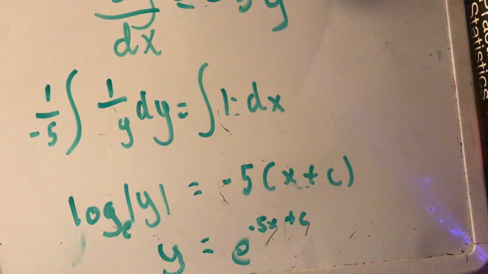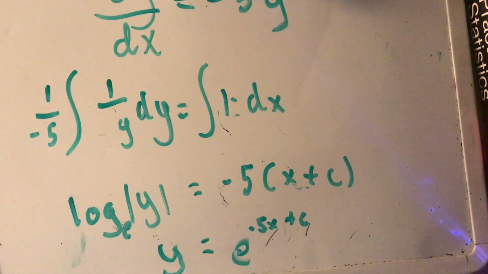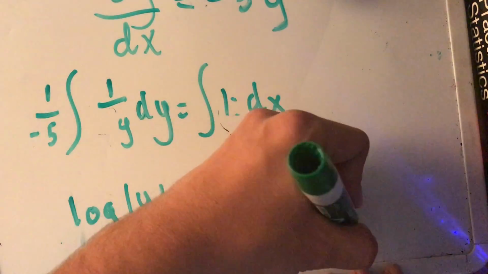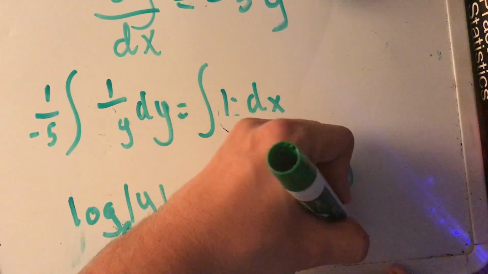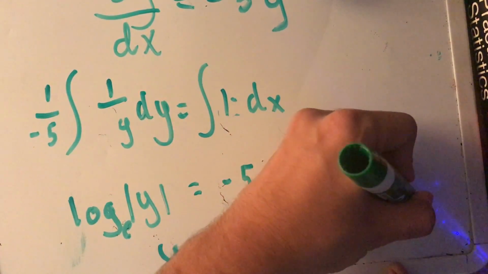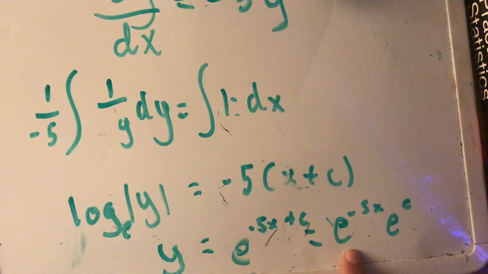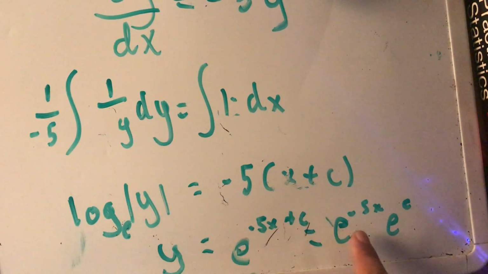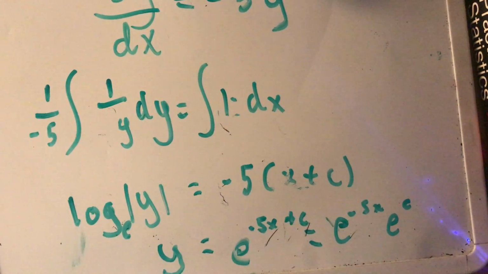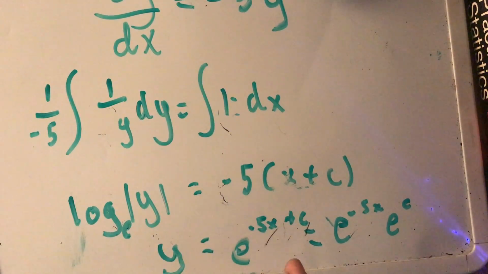And what is that plus c? Well, we can figure that out in actually a very simple manner. So when you have things added in your exponent, you remember that you can split them up like this. E to the negative 5x multiplied by e to the c is the same as this thing. Because when you multiply these two things together, given they have the same base, you add the exponents. So you can split them up so that they're multiplied, each with these individual exponents. Cool. All right, and we can figure out what c is going to be based on, that's right, our initial